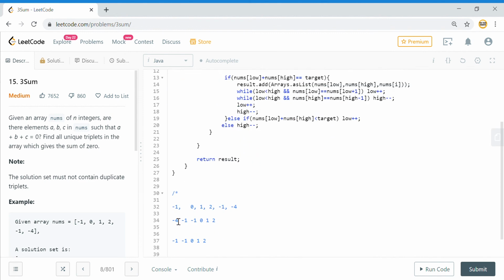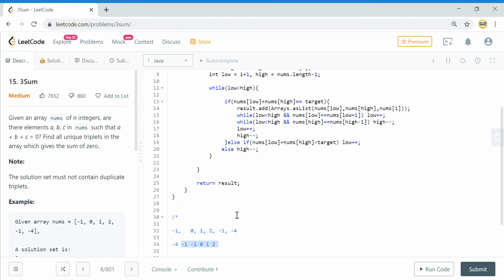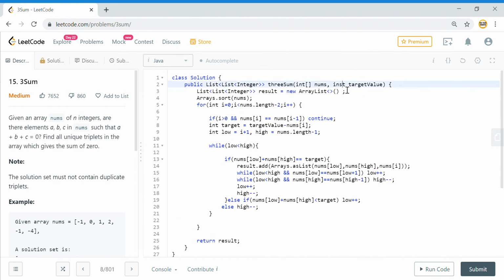So if this one is fixed, suppose my target was minus 5 and I already have minus 4 here, I basically need to get minus 1 in this particular array. That is how you can make the customization, and it will work for any other target as well.